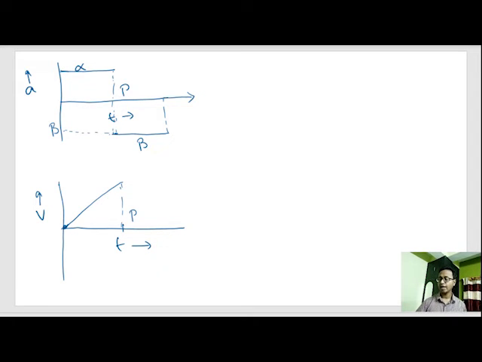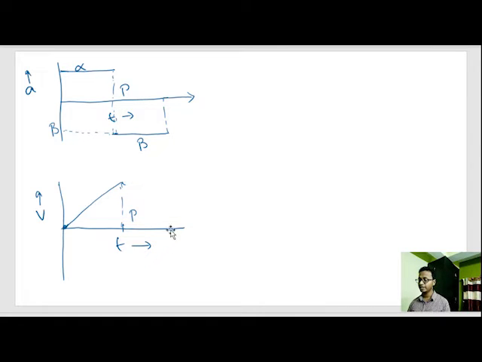Now after p it becomes negative. Negative means negative b. So after p it becomes negative b, but where would we end the graph? We can end the graph out here.